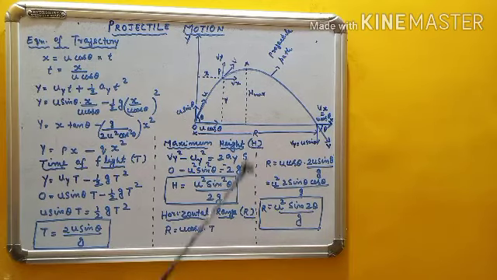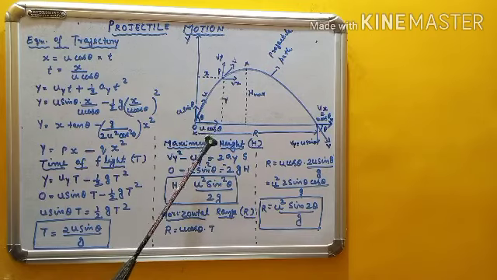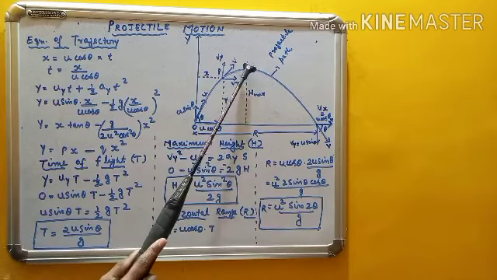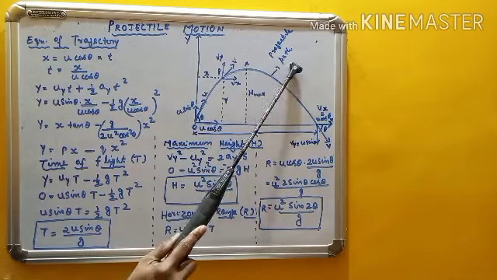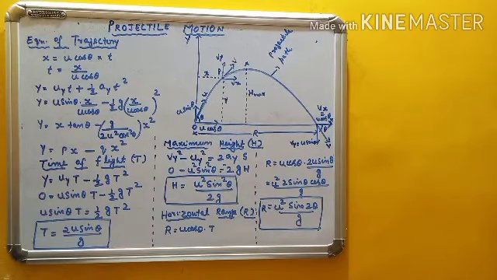Suppose the question is asked: at the highest point, what is the velocity of the projectile? Most of you answer that it is 0. No, it is not 0. If a body is thrown straight upwards, then at the highest point the velocity becomes 0. But in this case we are projecting at an angle theta with the horizontal. So at the highest point the horizontal component, u cos theta, is acting on the body. Of course the vertical component is 0, but the horizontal component u cos theta is there. You should understand these things clearly.